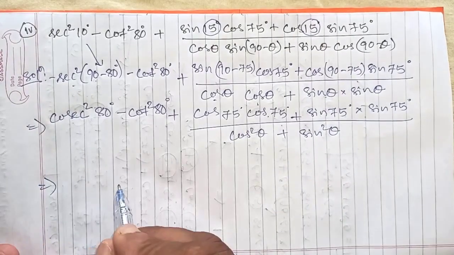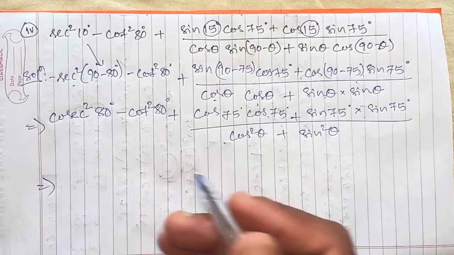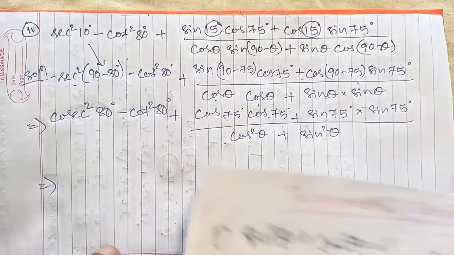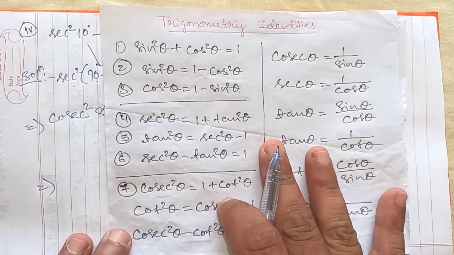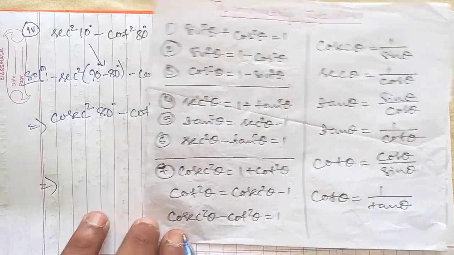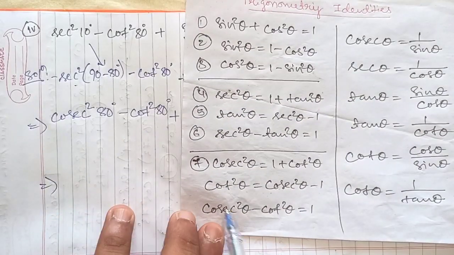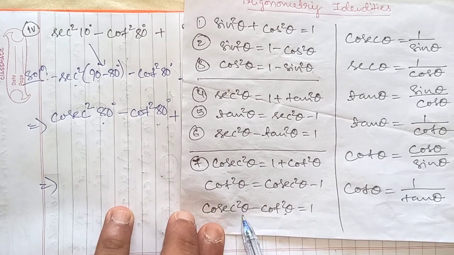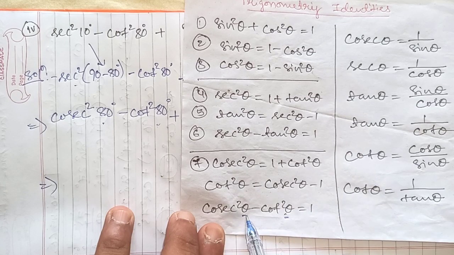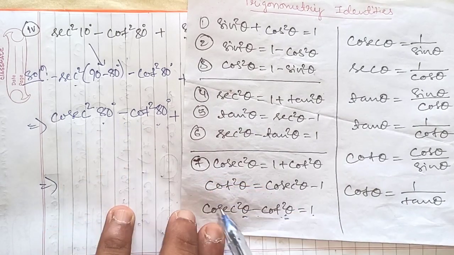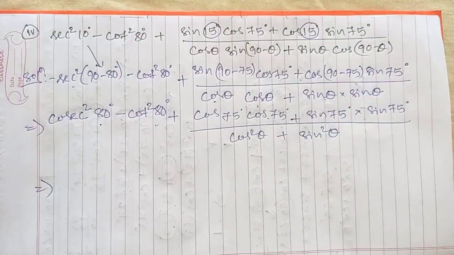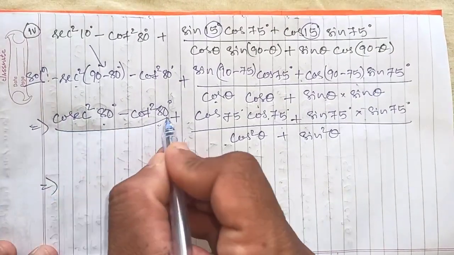Okay, we will use the formula which I told you before: cosec square theta minus cot square theta. As you can see here, this value and this formula look the same. In place of 80 degree here theta is given, so cosec square theta minus cot square theta is 1. That means cosec square 80 degree minus cot square 80 degree is 1. So this value is